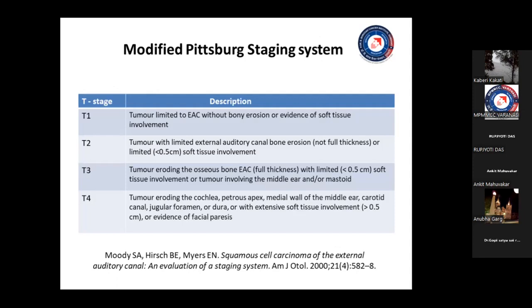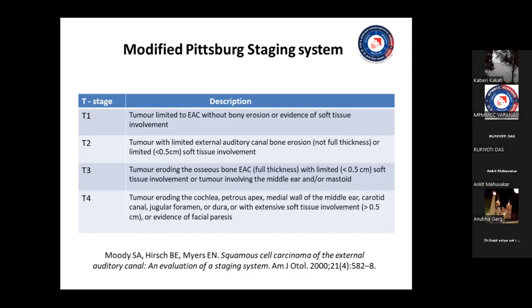In the AJCC classification system, we do not have a consensus regarding the temporal bone staging system, and hence we follow the modified Pittsburgh staging system for temporal bone tumors. T1 is limited to the ear canal without bone erosion or evidence of soft tissue involvement. T2 is with limited external auditory canal bone erosion, not full thickness, or limited, that is less than 0.5 centimeters